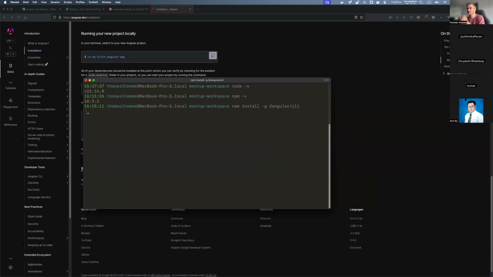So once I do this, it will then install some stuff. Okay. So it always takes time. npm is downloading dependencies.